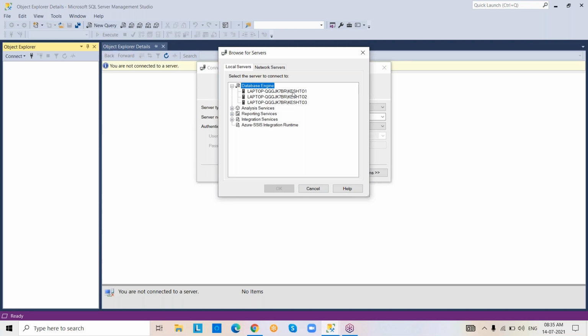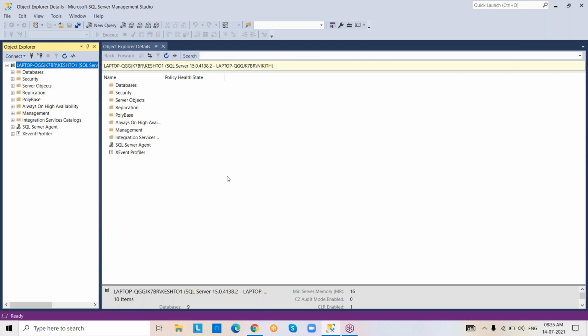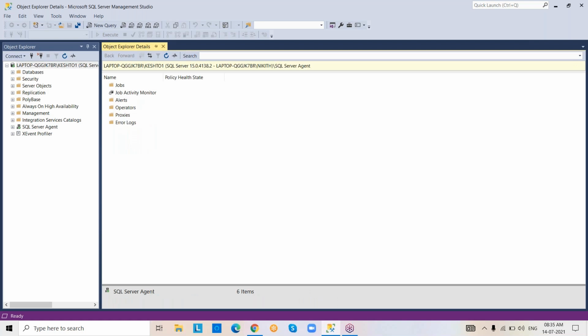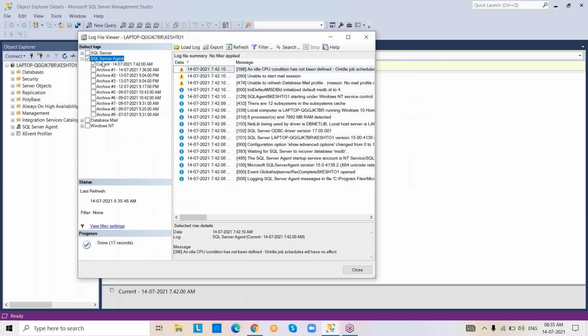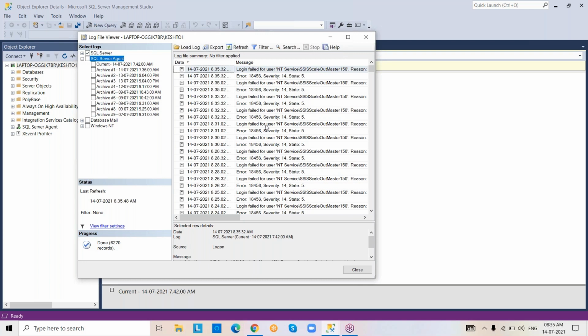Here it shows available servers. Select our server name like this, connect. See, here you can see SQL Server Agent. Go to error logs, open the current error log. In this, unselect and select SQL Server. See, you can see some errors.